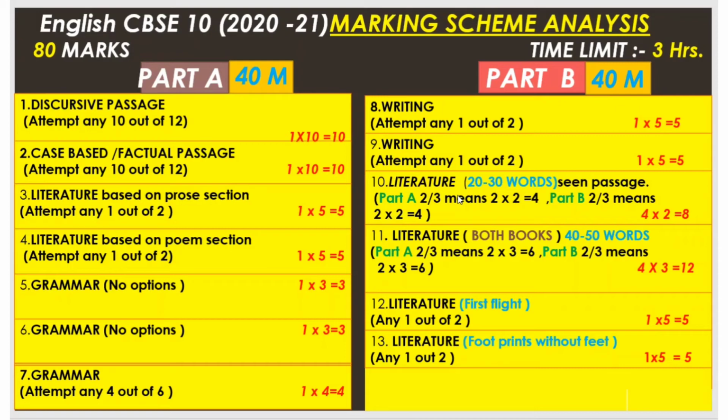You have to write any 2 from A and any 2 from B. Total 4 questions you are writing in all, and they are all 3 marks questions. That is the reason why the word limit is more. So 12 marks belong to this question number 11. Now about this word limit, children, I will tell you once again.